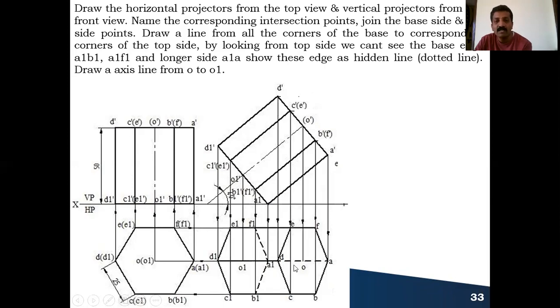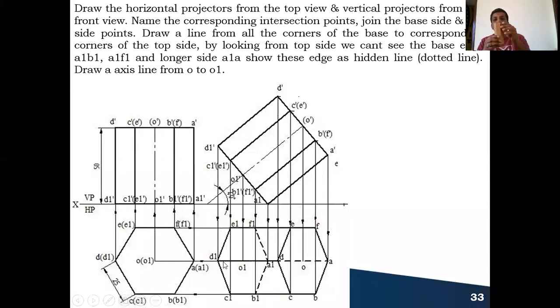So this way A1 to A completely, I cannot draw the hidden edge because A1 to D already has a visible edge there. That's why from D to A you can show the hidden edge. But the axis line, O1 to O, it is there, but I cannot show the axis line representation, because whenever the axis line coincides with the visible edge or the hidden edges, we have to give preference to the visible edge. Even if you draw the axis line, you cannot see that. But the axis line is there.